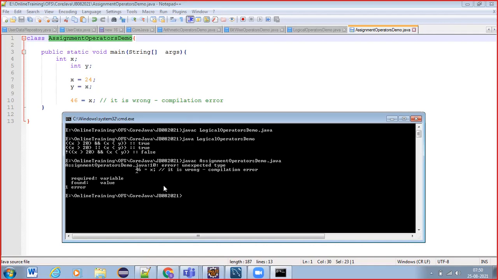So what it is saying: error, unexpected type, required variable but found value. So a value cannot be there on the left side of an assignment operator. So always the left side operand of an assignment operator should be a variable. It cannot be a value. Okay.